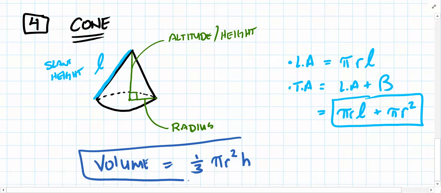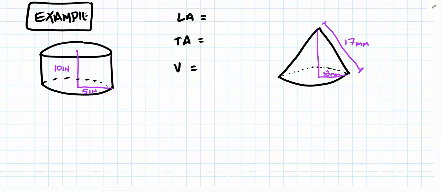Okay, here's what we're going to do. I've got two figures. I have a cylinder on the left, and I have a cone on the right. What we want to calculate is the lateral area for both figures, the total area for both figures, and the volume for both figures. Okay, that's what I want you guys to do. I want you to try it on your own, working with the person sitting next to you, and I have the answers. You can check them with me. Ready, set,